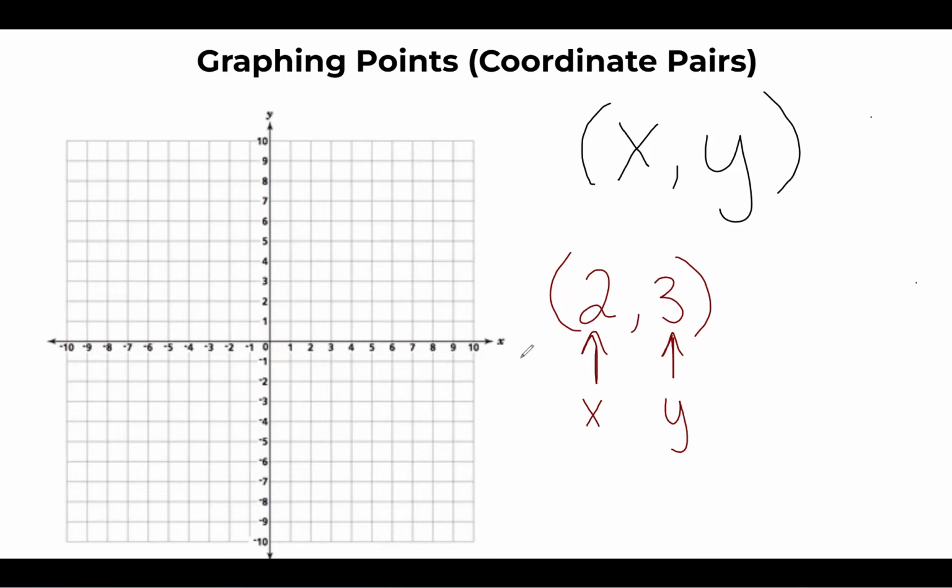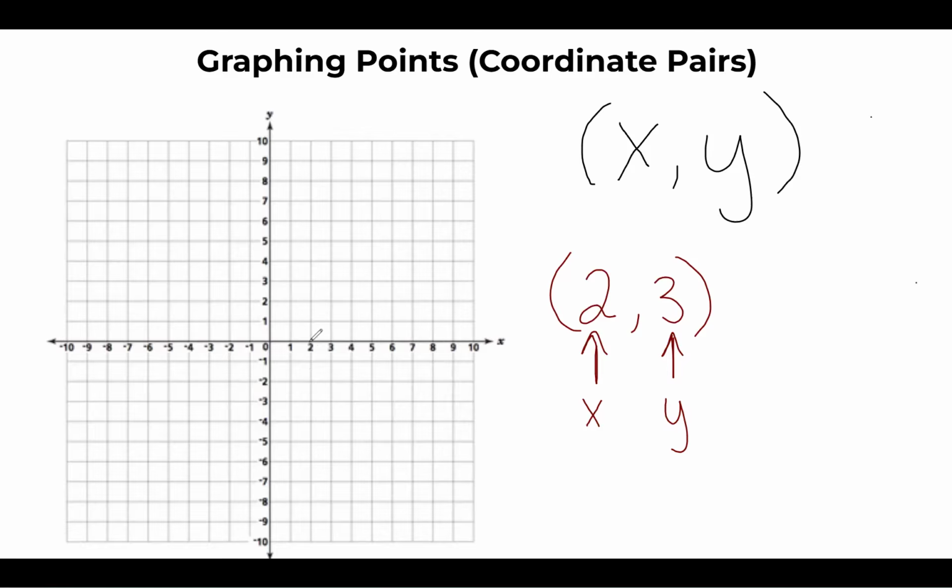On your graph, you will notice that the X is labeled. That is our horizontal axis. So to find the 2, you will look left to right, and you'll notice the positives are to the right of the center, which is also known as our origin. So 2 is over here on the right. It is very important to note that this is not where we put our final point. That is just where we need to start our point,